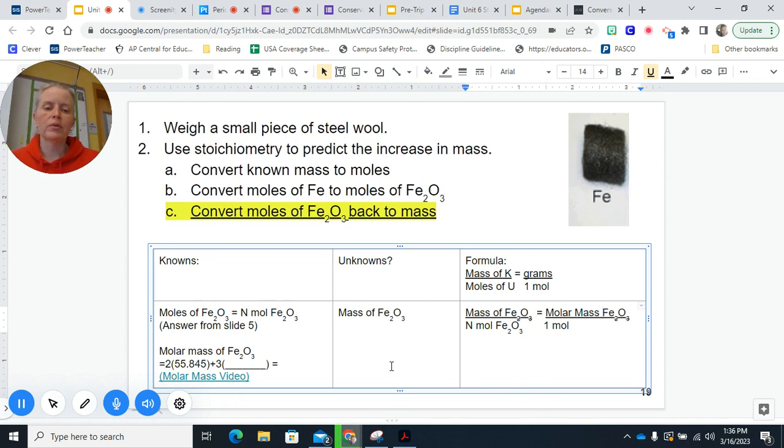So for this problem, in order to solve it, you will need the moles from the previous slide, which I'm just putting N mole for now, but you're going to calculate that on the previous slide, and the molar mass of Fe2O3. Then you're going to multiply across, and you're going to set that equal to 1 times the mass of Fe2O3, which is what we're looking for. And that should give you your answer,